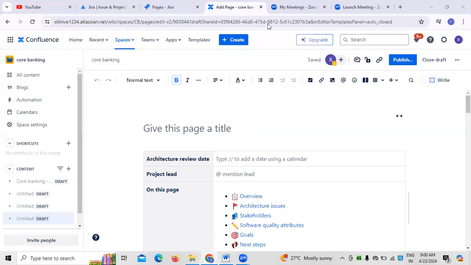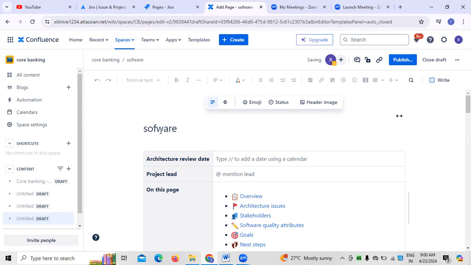Right. So today I'm going to discuss the software architecture part, the software architecture document, in the context of Confluence as part of the implementation of the project, especially for the people who are working as an architect in the field of agile environment. Because whenever we are trying to understand,